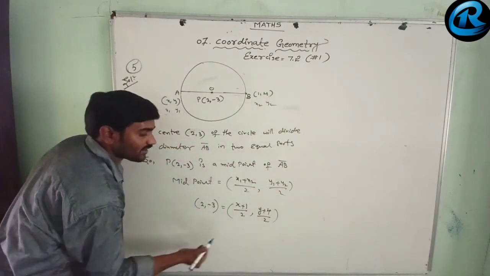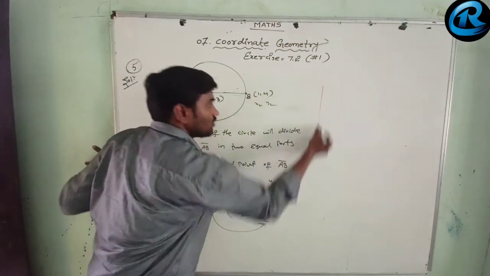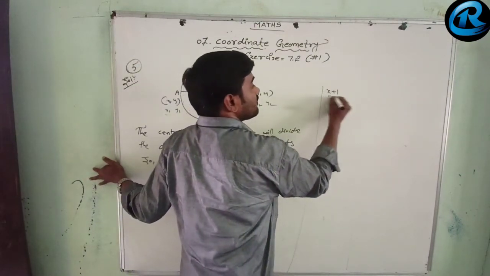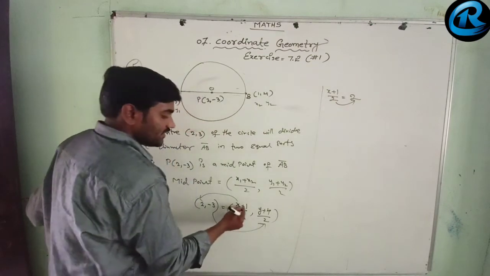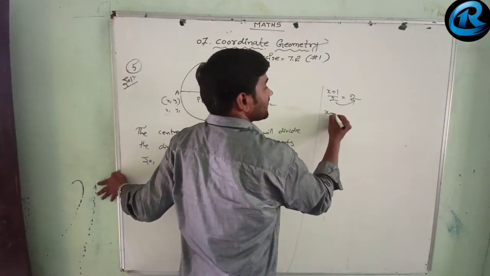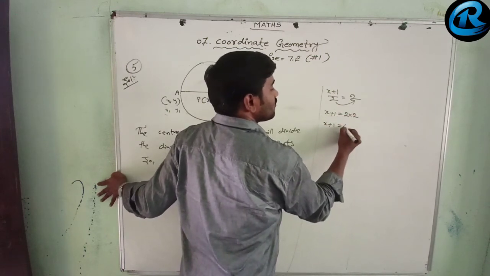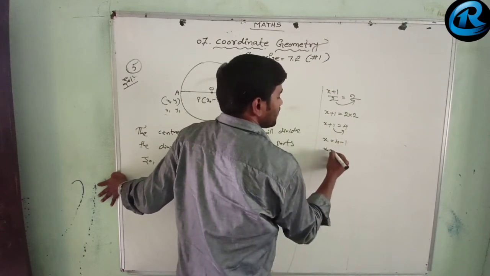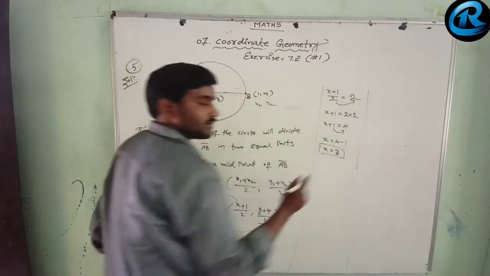See now, what can we do? We can make the x coordinates equal and the y coordinates equal to find the x and y values, the same as we did in the previous problem. Now here x coordinate: x plus 1 by 2 is equal to 2. So this 2 you transfer this side, x plus 1 equal to 2 into 2, x plus 1 equal to 4. The plus 1 you transfer this side, 4 minus 1, x equal to 3. Appudu x value అనేది 3 అవుతుంది.